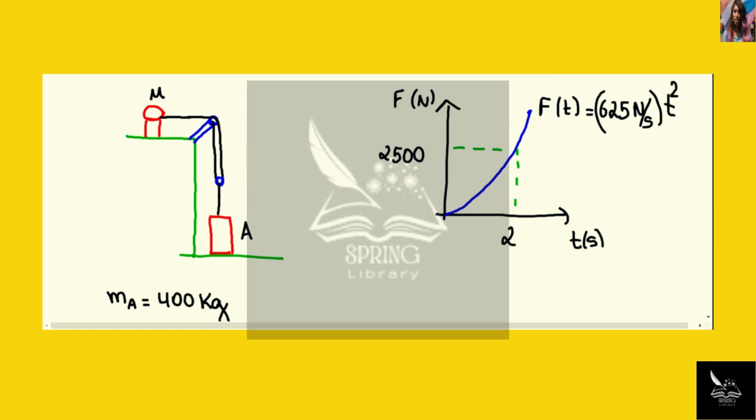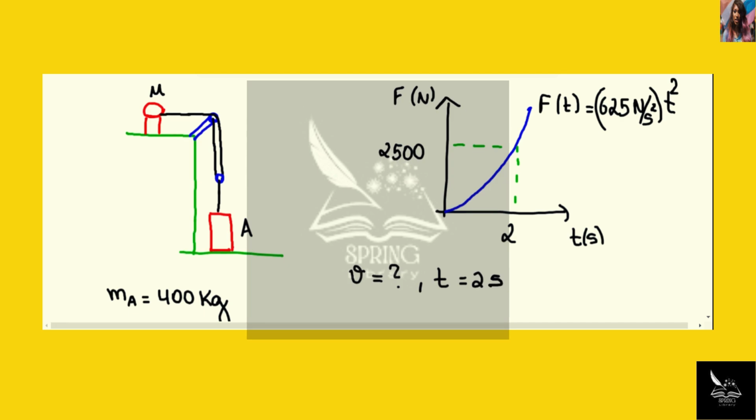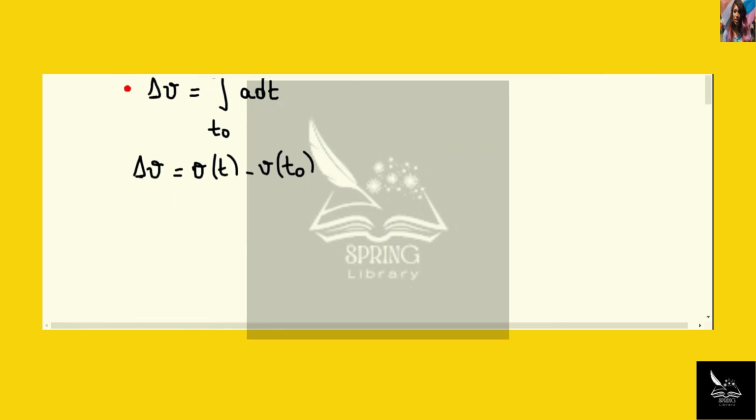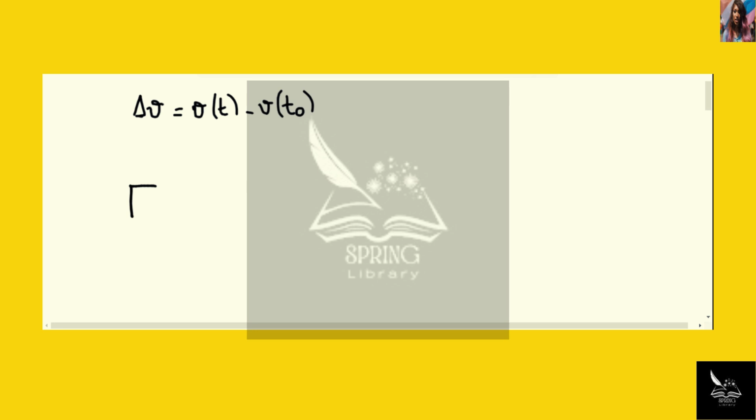In the graph, we have that F of t is equal to 625 newtons per second squared times t squared. And our goal is to find what is the speed v of the block after a time t equals 2 seconds has passed. So first, what I'm going to do is to draw a free body diagram on the block